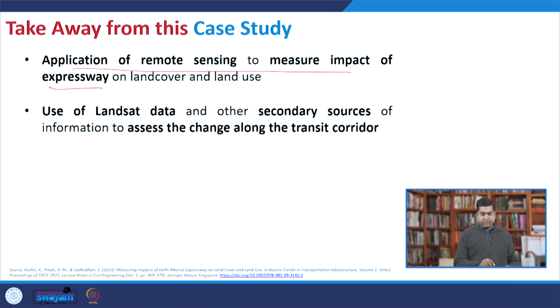And also, here we have used Landsat data, which is freely available, and you can also use it, but as I already mentioned, it has the limitation of 30 meter by 30 meter resolution. If you need detail like 5 meter by 5 meter, in that case you have to procure the data, or find out the source where it is available. From secondary sources also you can do this sort of analysis, which is very common in planning. Some of you might have used this, and then taking buffer analysis. Sometimes we use land suitability analysis with that. We'll discuss this kind of spatial analysis again